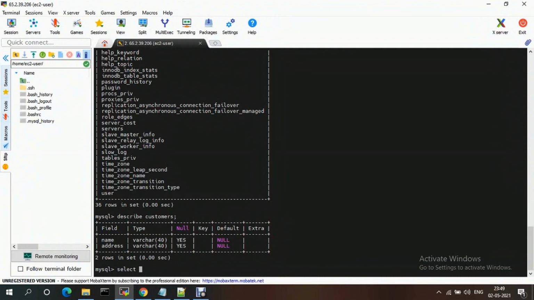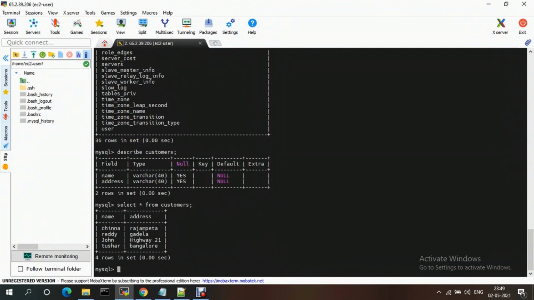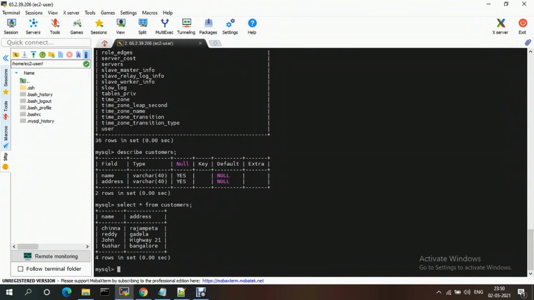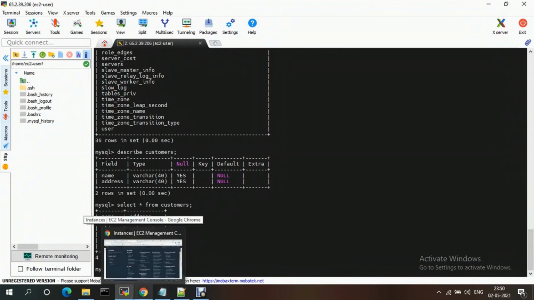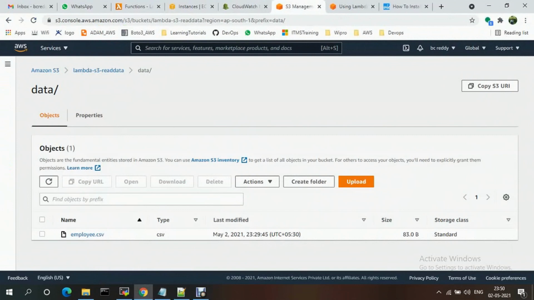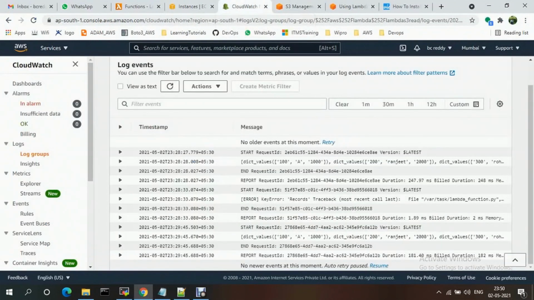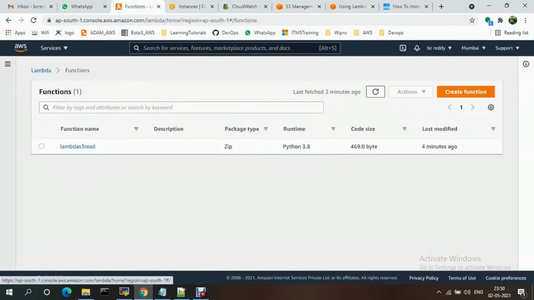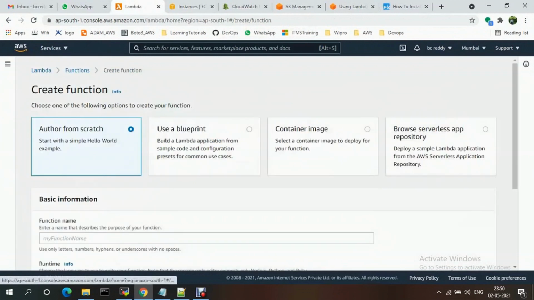Now if you want to insert new rows, how are we going to insert the data into this table using a Lambda function? We'll see this. Let me create a new function. If you go to Lambda, this is logs, functions, create function.